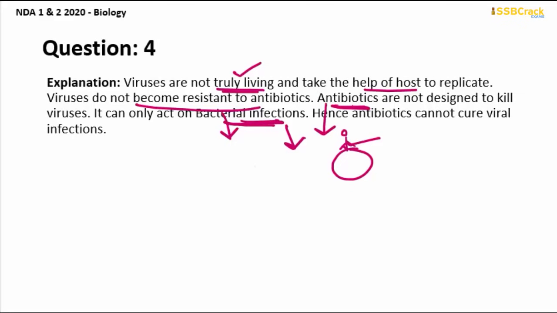So antibiotics don't work against viruses, so this resistance thing doesn't come into play. That is why antibiotics cannot cure viral infections, but they are very effective against bacterial infections. So that is why viruses do not have metabolic pathways, whereas bacteria have such pathways. Now you got that? Let us move on to the next question.